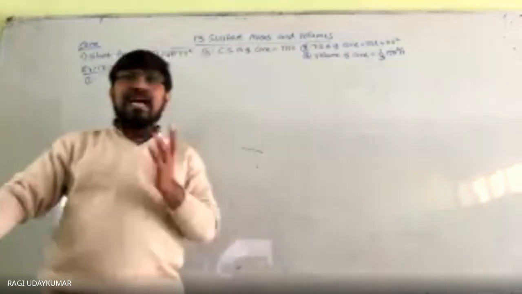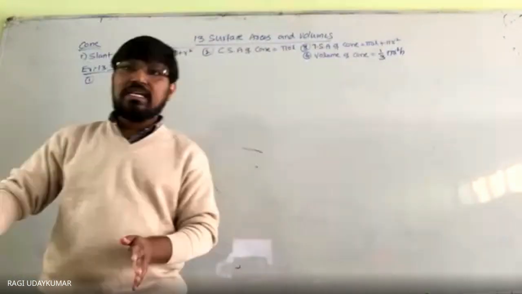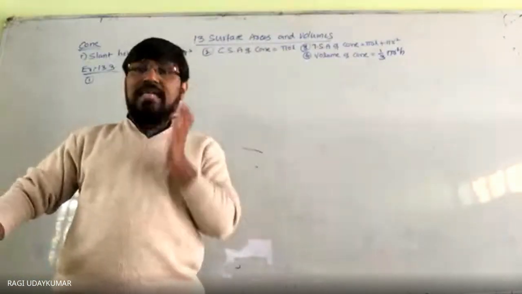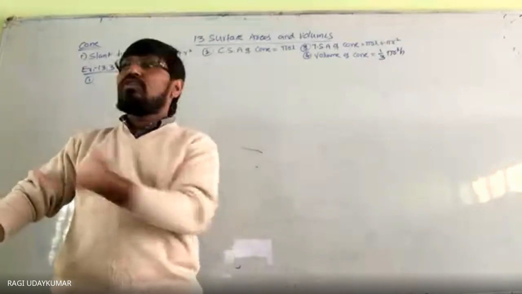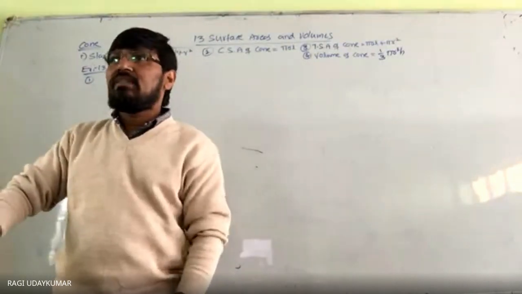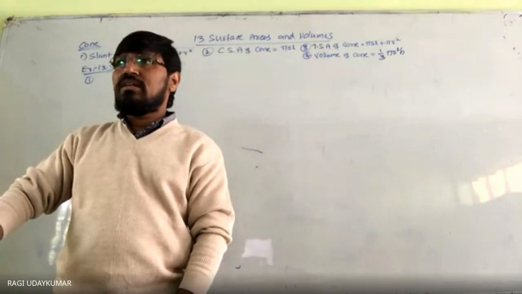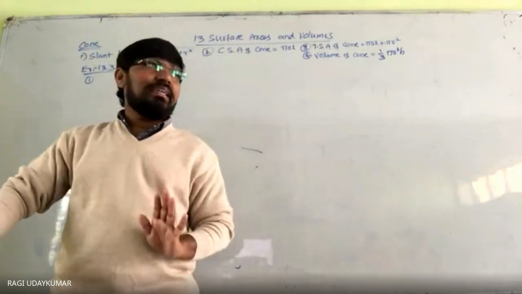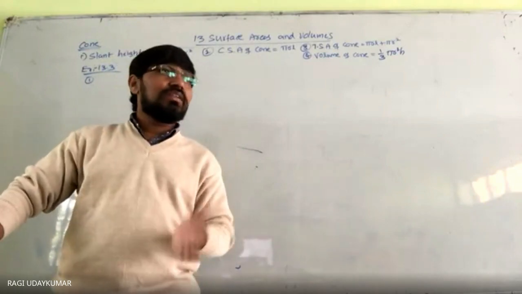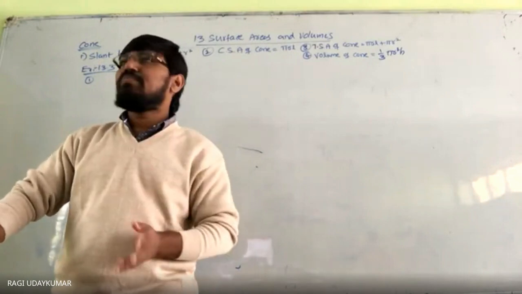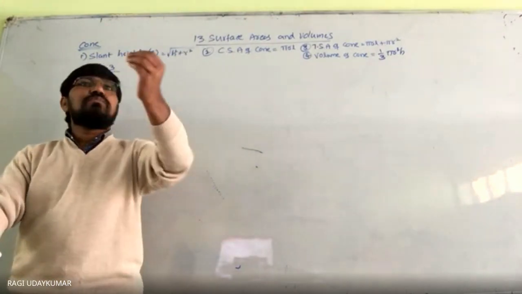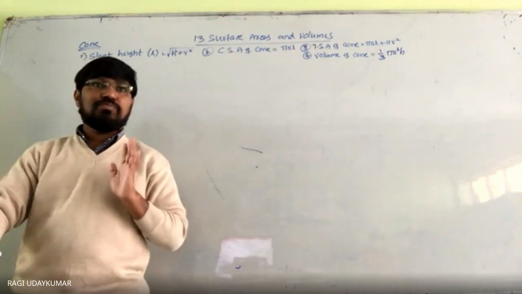The first question is: diameter of the base of the cone is given to you as 10.5 centimeters and slant height is already given, and asking you to find out the curved surface area. You can find out now. Pi r l directly. R is given to you, but R is not directly given. Diameter is given to you. Just a simple calculation. Where it is different, more calculations are there, those problems I will explain to you.